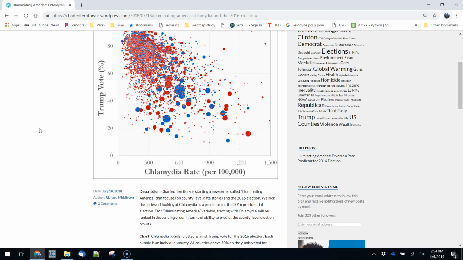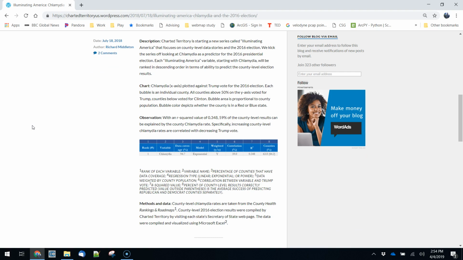Obviously, and this is the mantra in many kinds of analysis, correlational analysis does not necessarily indicate causation. We aren't saying that chlamydia causes people to vote for Trump or that voting for Trump causes chlamydia. But there is a connection here, probably explained by a latent variable that's almost certainly related to urbanization. You can also see a lot of the larger dots are over here, and a lot of the smaller dots are over here. That could be a thing that you could tease out as well.